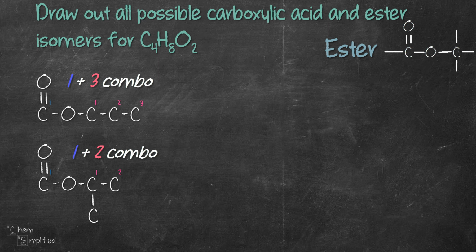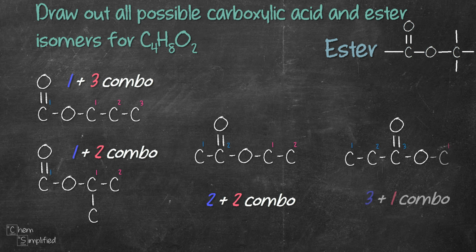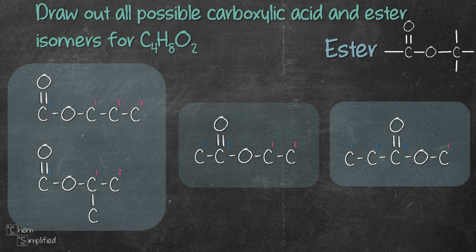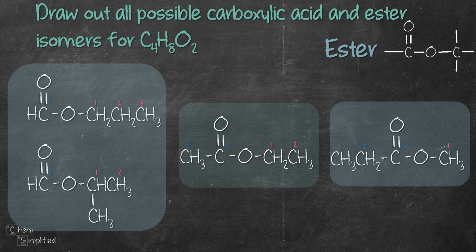Now, since we can't shorten the chain after O anymore, let's move on to 2 carbons on the carbonyl group, like this. So this gives us a 2 plus 2 combo. Looks like we can't shorten either chain anymore, so let's move on to 3 carbons on the carbonyl group. And this will give us a 3 plus 1 combo. Since we can't shorten either chain and we need at least 1 carbon after that oxygen, because we want to draw ester, it looks like we are done. So we fill up these structures with the remaining hydrogens and it will give us these.